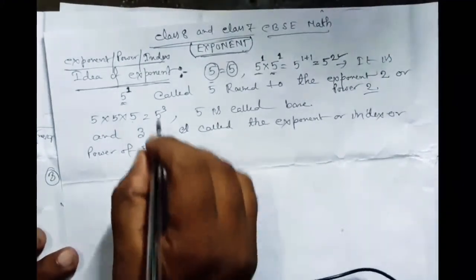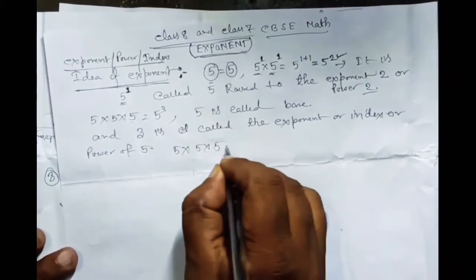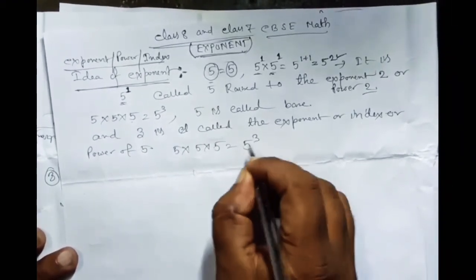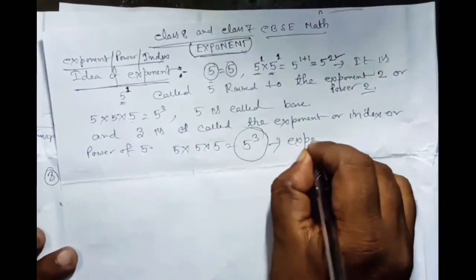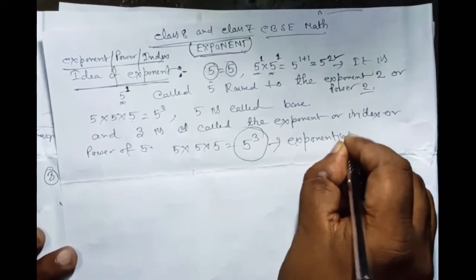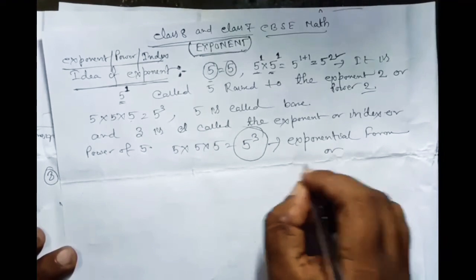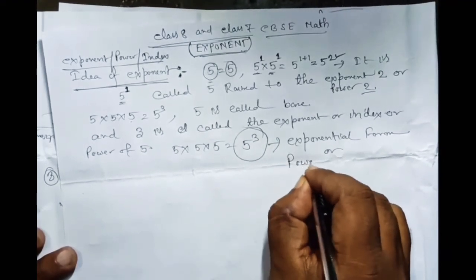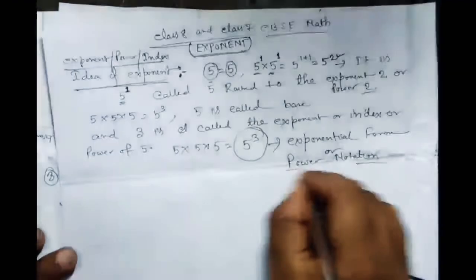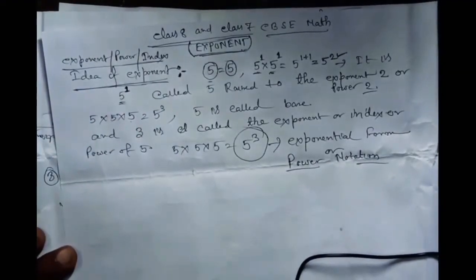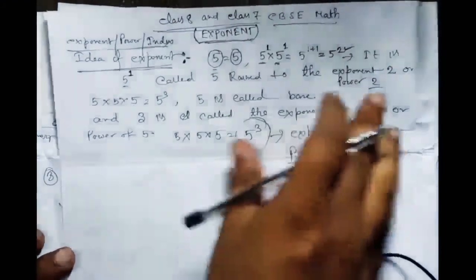And this form, 5 into 5 into 5 equal to this form, is called the exponential form or power notation. Exponential form or power notation. Suppose now